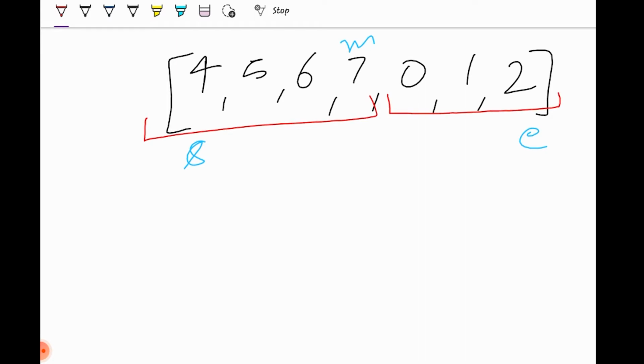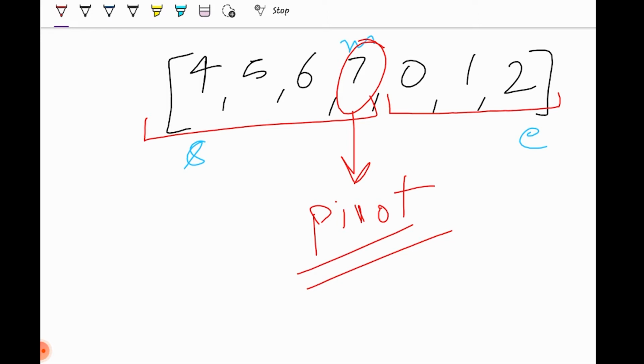Now the idea is, if we have to search in these two separate arrays, how will we separate them? The only separating point is this element, that is the largest element, that is also known as the pivot element in this array. Why? Because after this element, the next element is suddenly smaller than it. It's basically the break point for these two arrays.